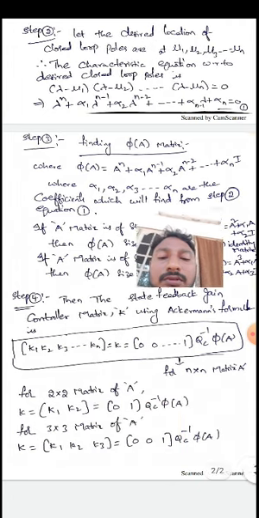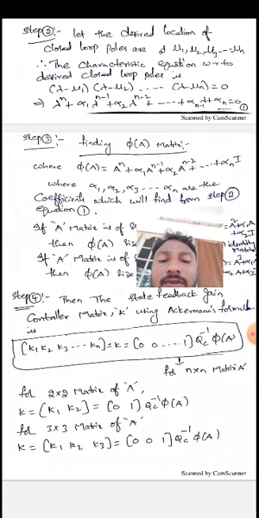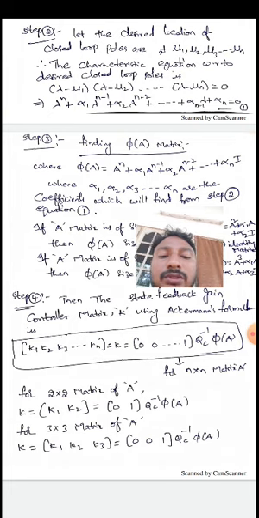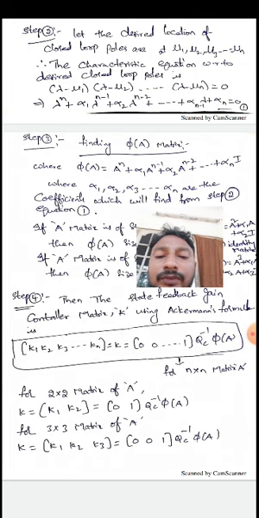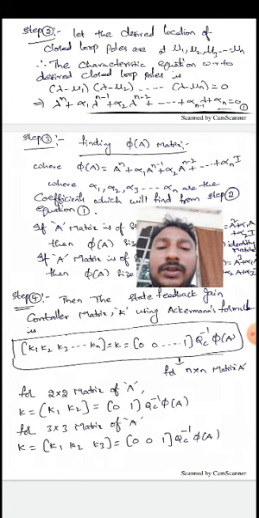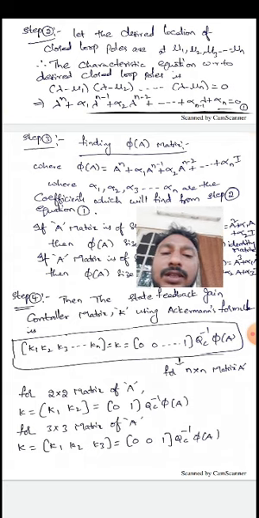Suppose the matrix is 2 by 2, then what is the formula? In Ackermann's formula, K is equal to K1, K2, only 2 variables. If it is 3 by 3, we get 3 variables. So if it is 2 by 2, K is equal to K1, K2 is equal to 0, 1, only 2 values. Suppose it is n by n, then we get 0, 0, 0, 0 and so on, with the last variable 1. Similarly, if it is 3 by 3, K is equal to K1, K2, K3 is equal to 0, 0, 1 into QC inverse into phi of A. So this is the procedure to find the gain controller matrix using Ackermann's formula.